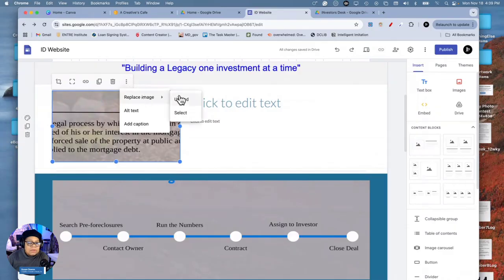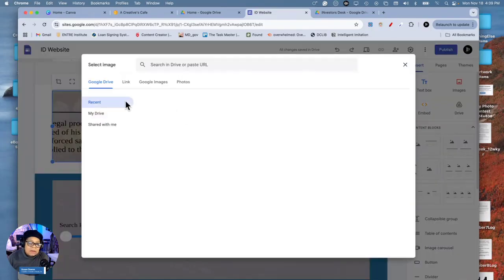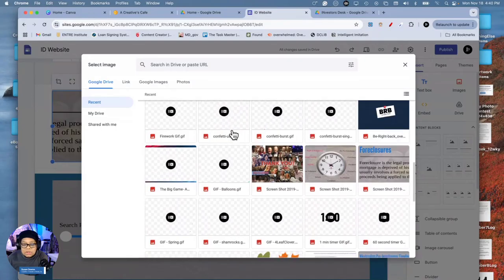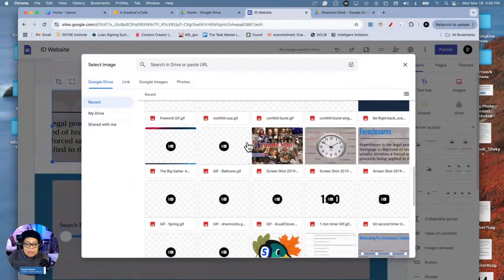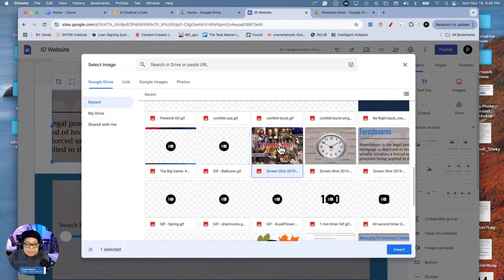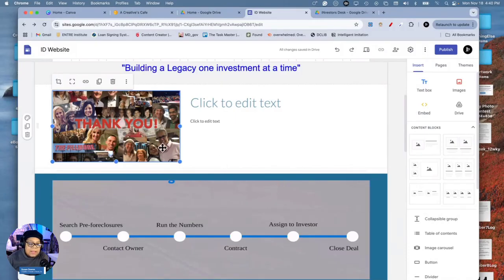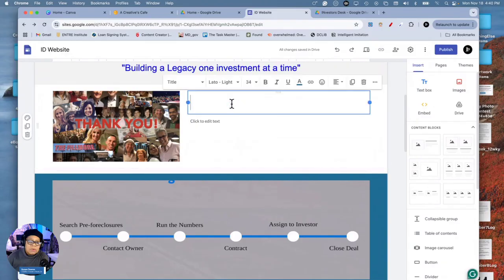Let's replace the image. Select. I know. It's kind of crazy, right? What I want is an image. Hello. How about this image? Select. Okay, here we go. And that's me. I am at one of the Tasty Trade live performances. And that's Tony Batista, Tom Sosnoff. All of the folks from my financial group are in this picture, and so